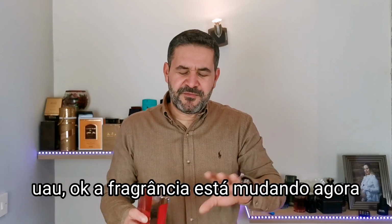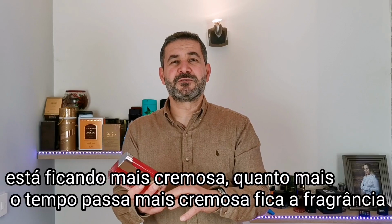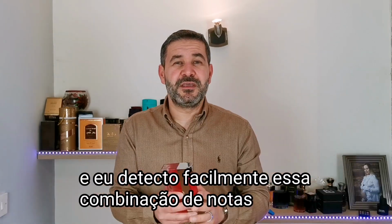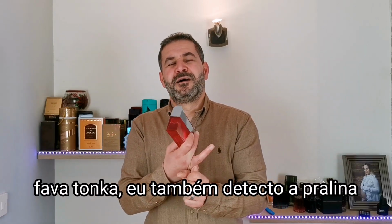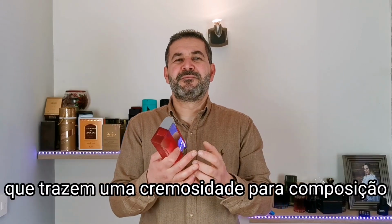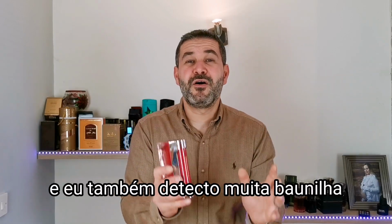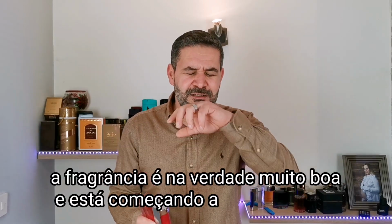Wow. Okay, the fragrance now is changing. It's getting creamier. As time goes by, the fragrance is getting creamier and creamier. I get very easily, I pick up this combo, tonka bean. I also get the praline as well, that brings some creaminess to the composition. And I also get a lot of vanilla. So the fragrance is actually very, very nice, and it is starting to